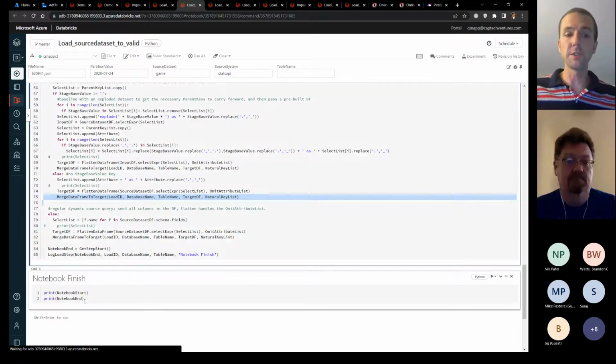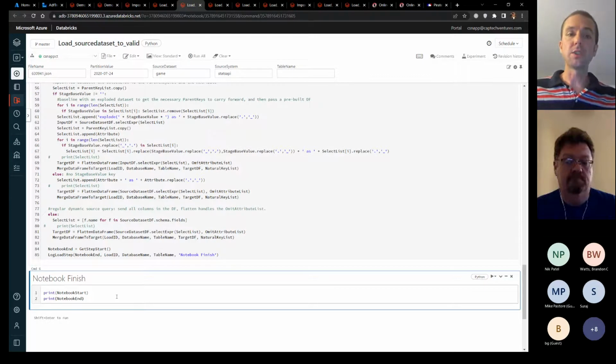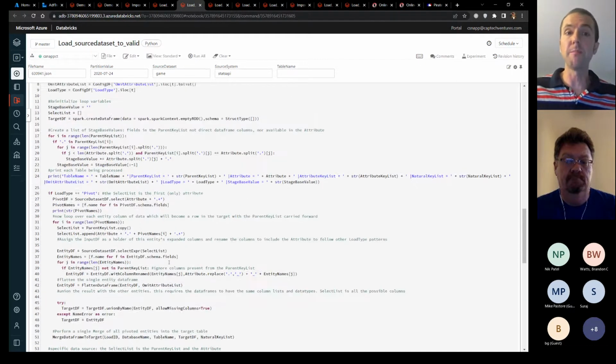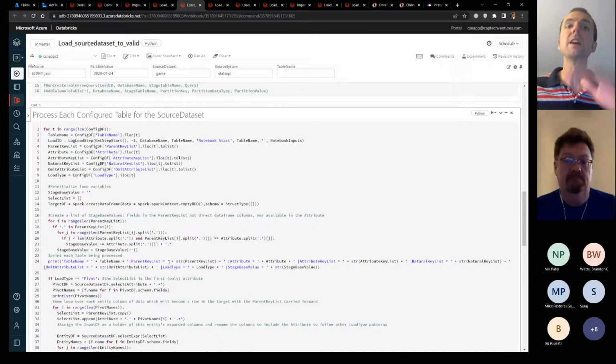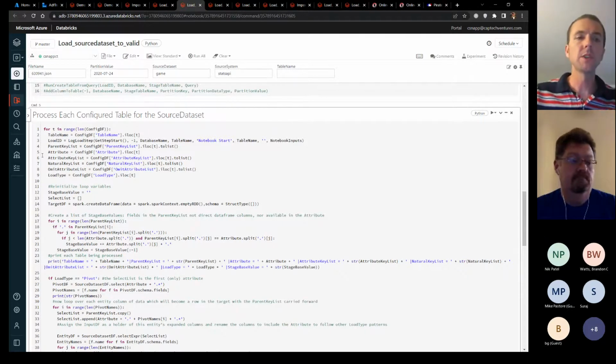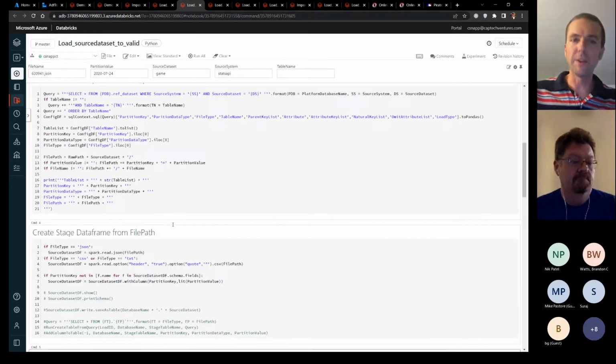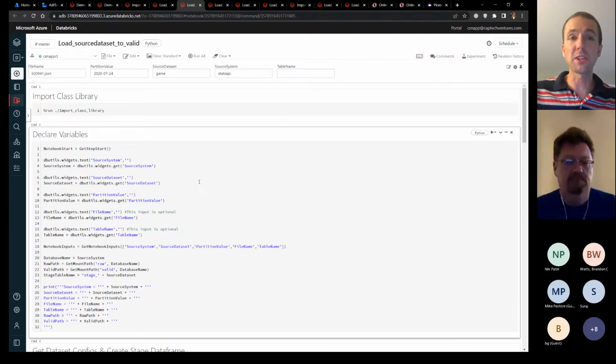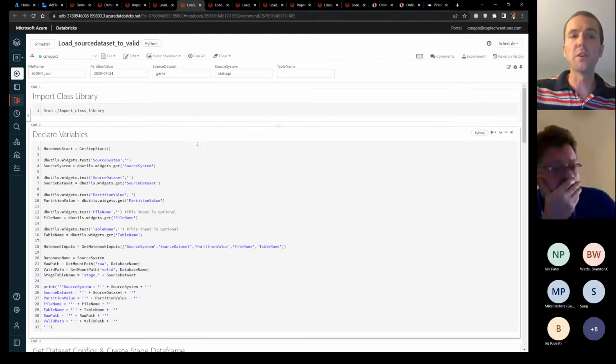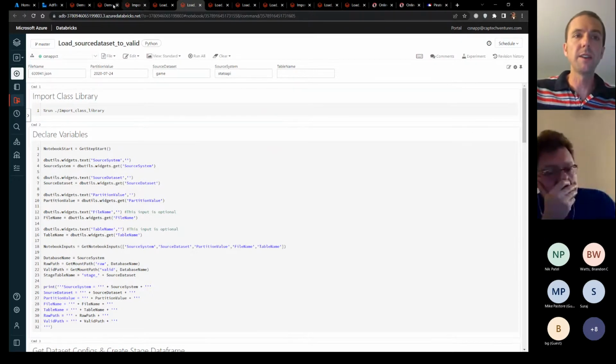And then when I'm finished, the notebook ends. So I abstracted out that need for a bunch of different templates for each table that are each query specific. And now I have a really generic method for handling all my data sets, assuming I've configured the tables and how they will behave in my reference data set. So that's how I've approached that problem. And it actually works quite well. It takes about 12 minutes to process a file.